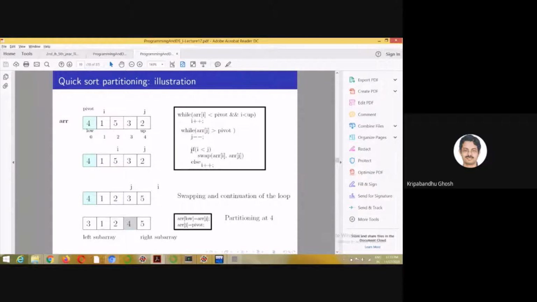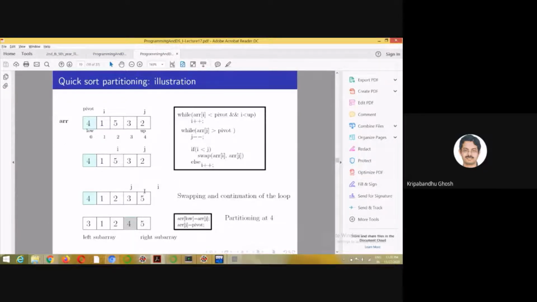Then there is a check: if i is less than j, which is true, then there will be a swap. After this swap, this will continue. i will keep on increasing until the element is greater than the pivot, and j will decrease while the element is greater than pivot.